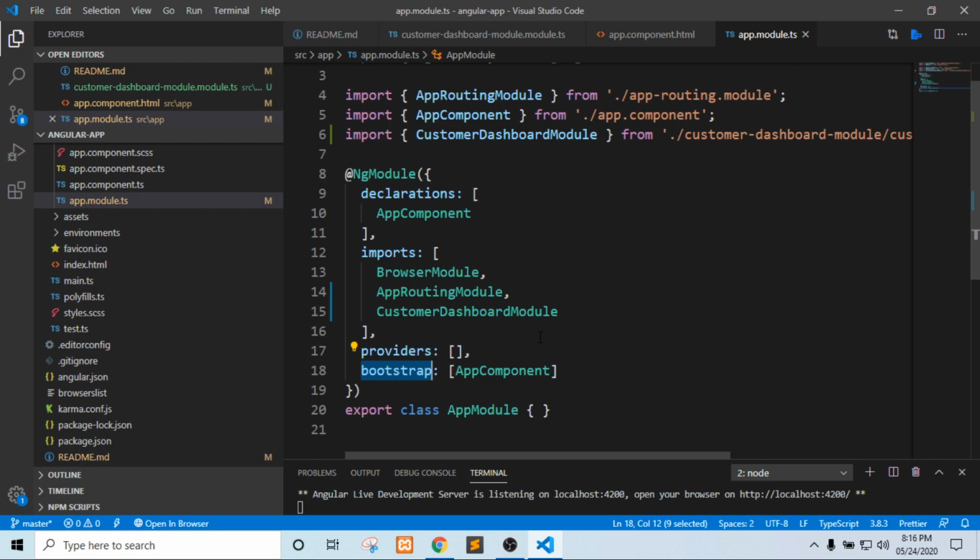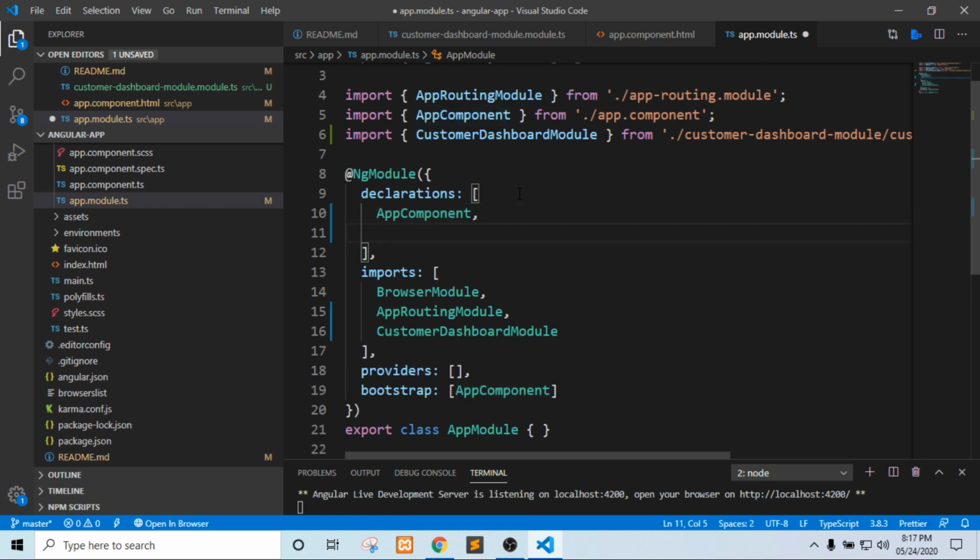If we talk about declarations first, what is the role of this declarations attribute? As this is the root module, it is consolidating all the components, directives and pipes. If I am creating one component and I want to use it in a different component, I need to inject it here. Suppose I have an admin component, user component or customer component, then we need to inject it here this way.